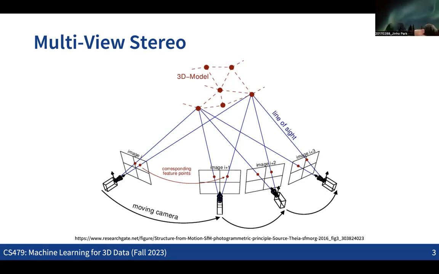So what we can do is, if we have multiple views like this, and if we also know where we are seeing each image from, then from these multi-view images, especially when we have information about the corresponding pixels, for example, if we have this pixel here and the other corresponding pixel here,